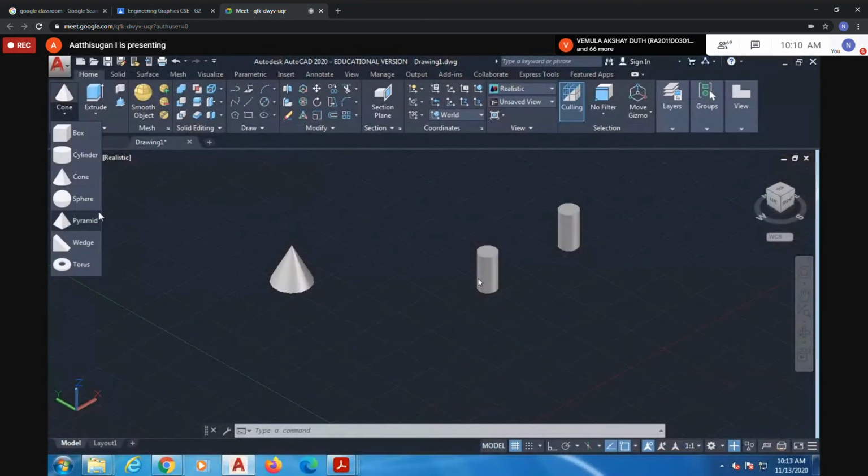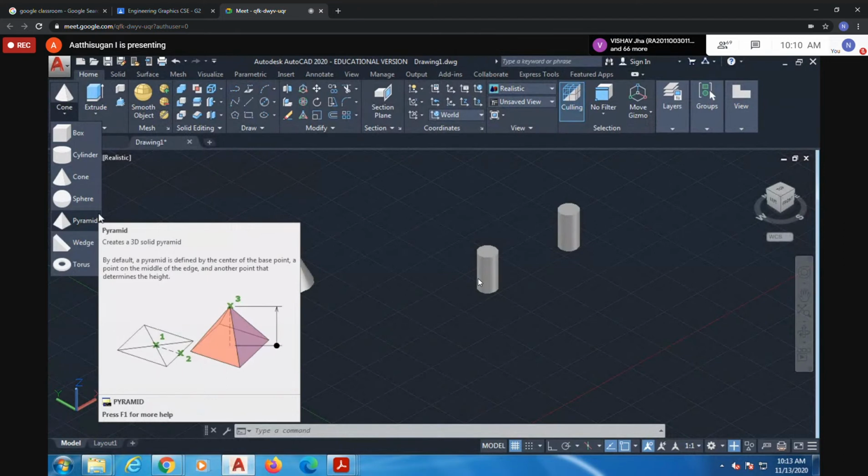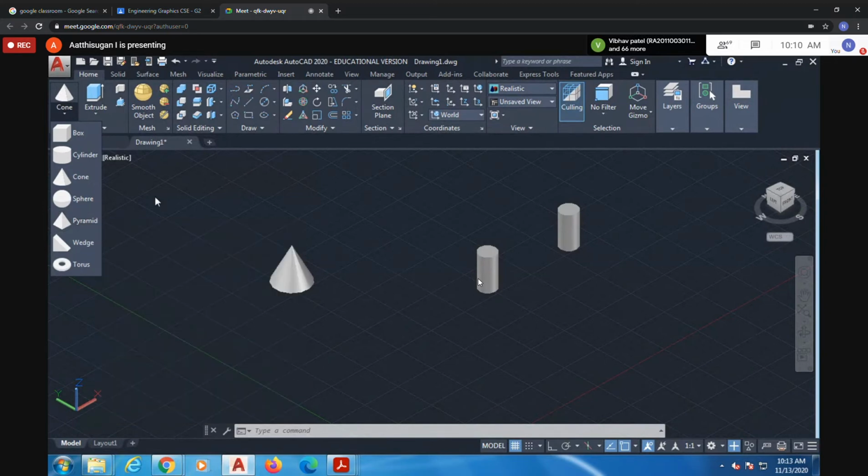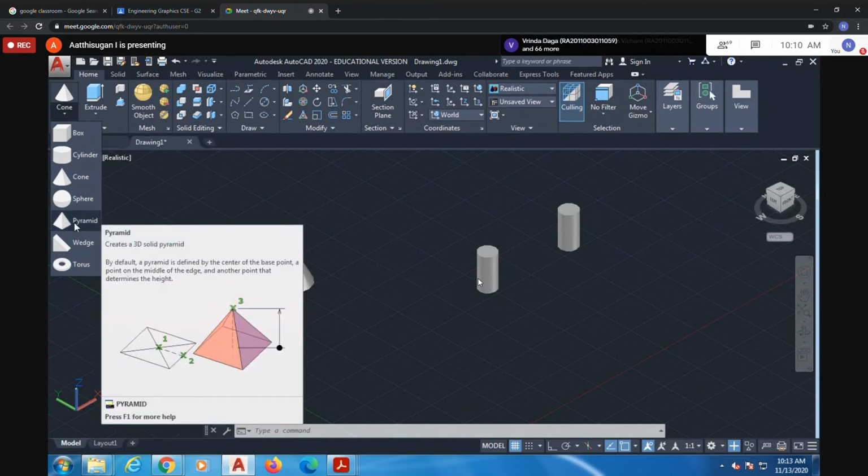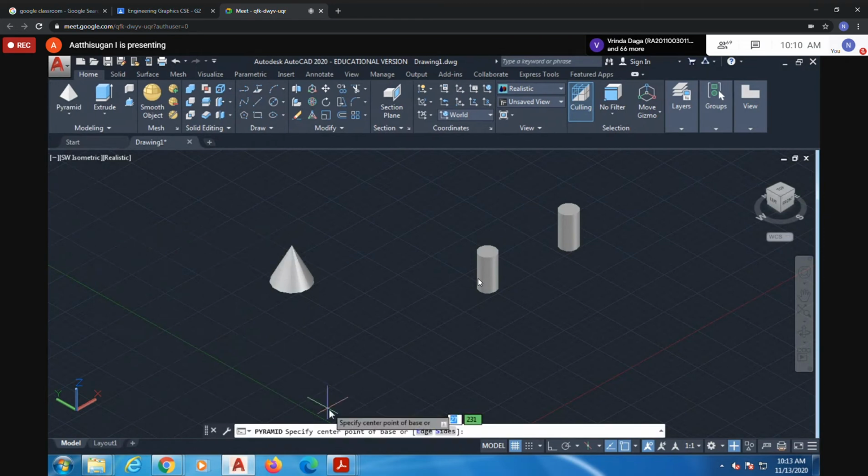Then they ask for the pyramid. Suppose I want to draw a pentagonal pyramid or hexagonal pyramid. Pentagonal pyramid has 5 sides, hexagonal has 6. Normally we draw the shape, a pentagonal shape or plane, and extrude. But here you cannot extrude for the pyramid, so directly take the pyramid command here. Use the same edge or side method. Number of sides is 5.